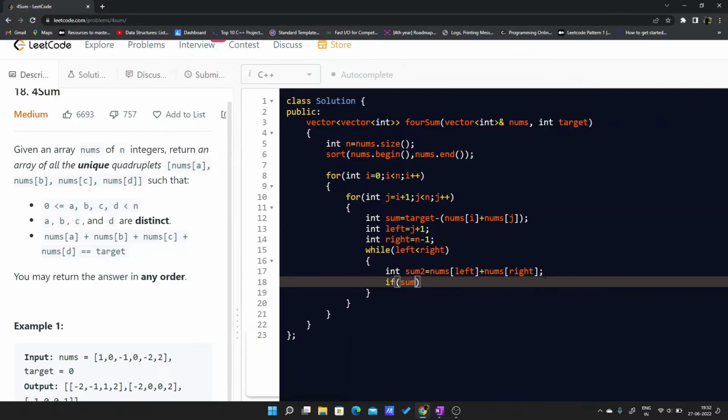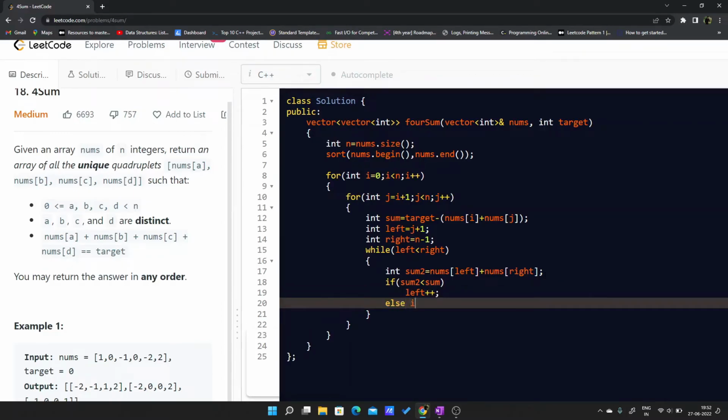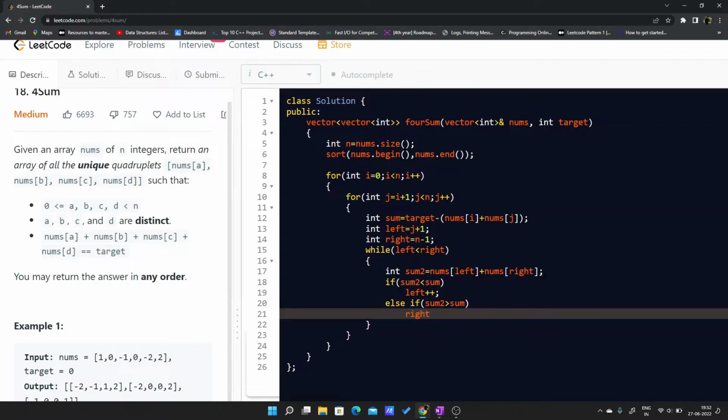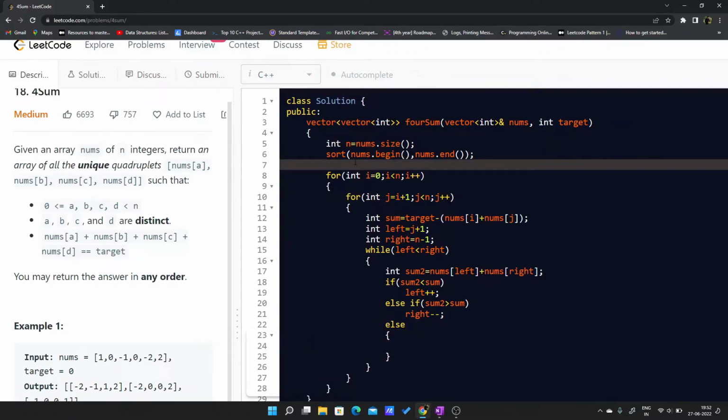So if my sum2 is less than sum, I'll do a left plus plus. Now else if my sum2 is greater than sum, I'll do a right minus minus. And else, if this is not the case, also I have to take a